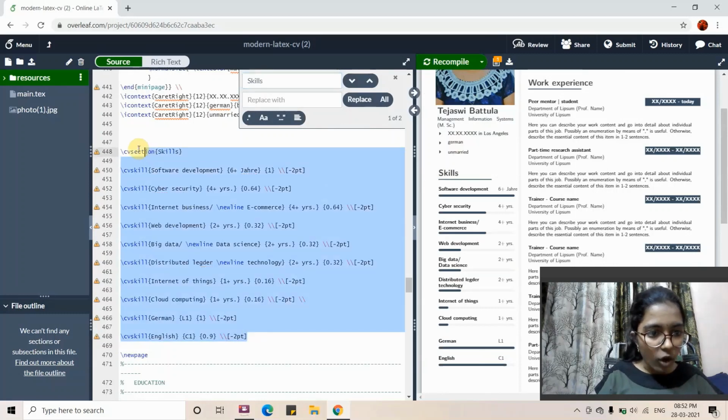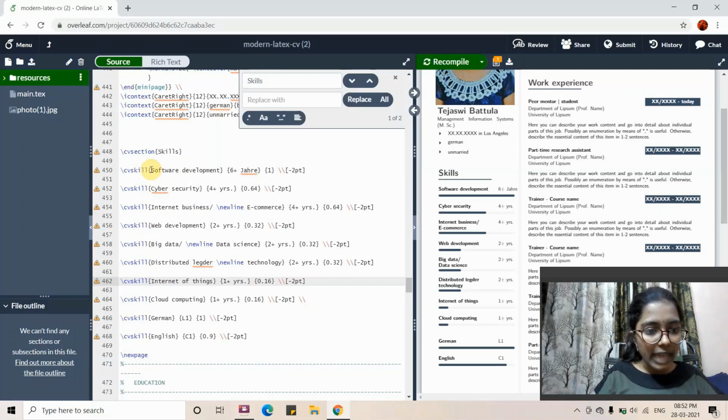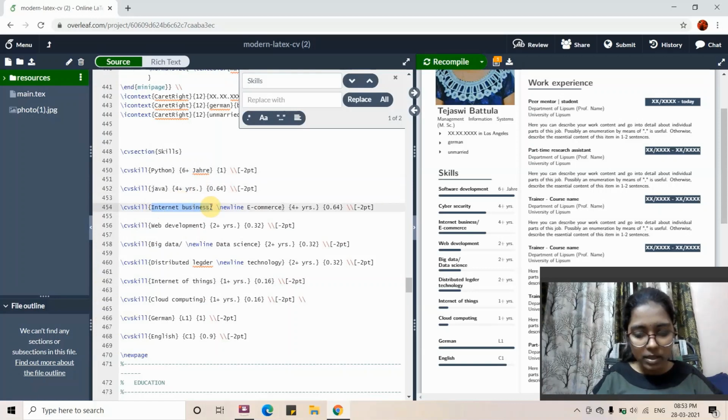These are all the skills that are provided. What I would do is edit all the skills to the skills I have. I'm giving it as Python. Let me give it as Java, and let me give it as C and C++.